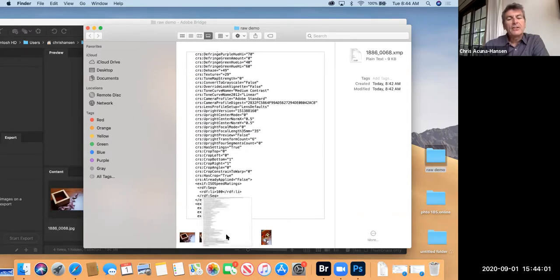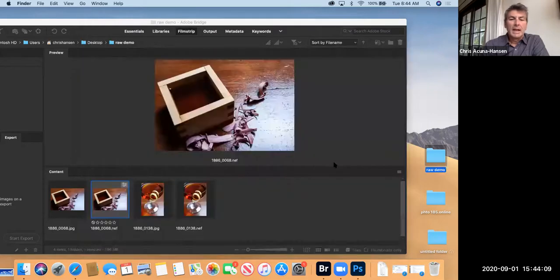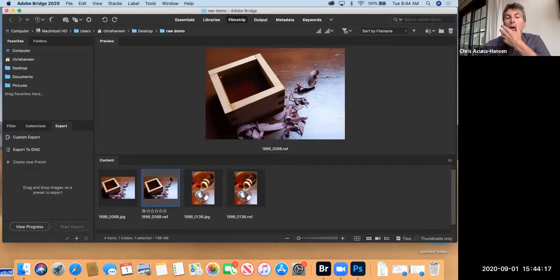If I take those instructions and I throw them in my trash, now I go back to my image over here in Bridge. You'll notice how there's no instructions written for it anymore. The image goes back to where I originally had it shot. That image always existed exactly as I had it shot. It just had a set of instructions written to view it. So that is the difference between working in Camera Raw and dealing with your image versus if I were to